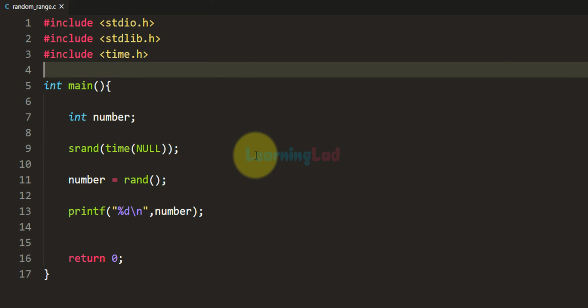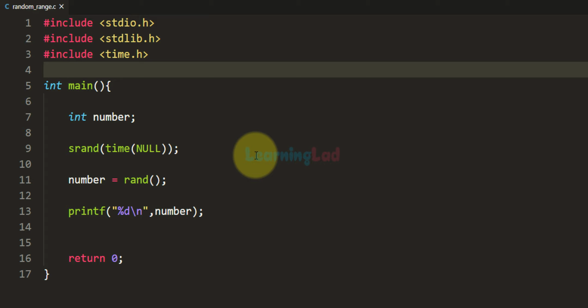Okay, now the random number generated here is between 0 and the value present in that RAND_MAX macro. But what if we want the random number between a range? For example, we want a random number between 0 and 10.